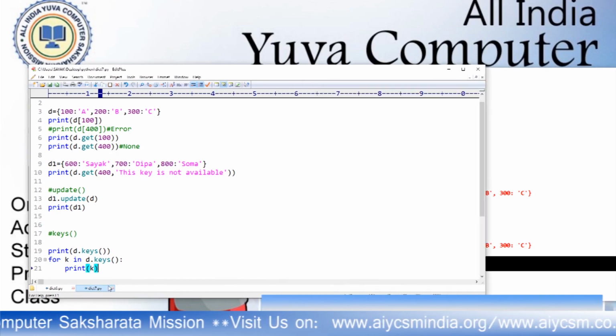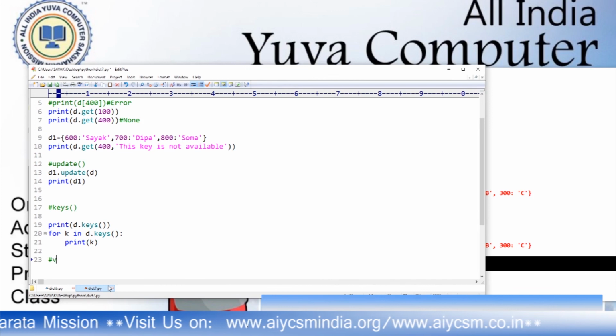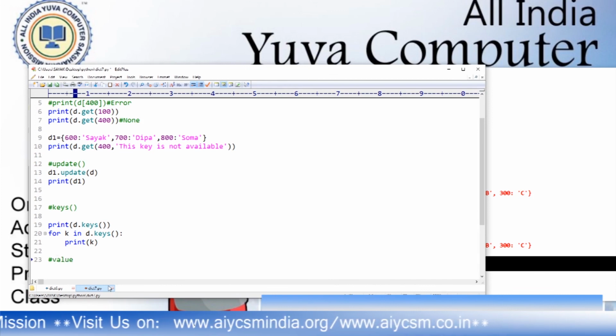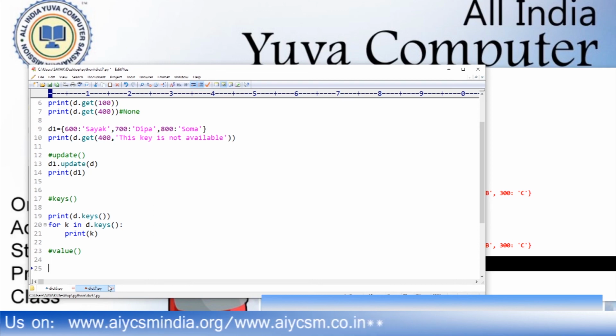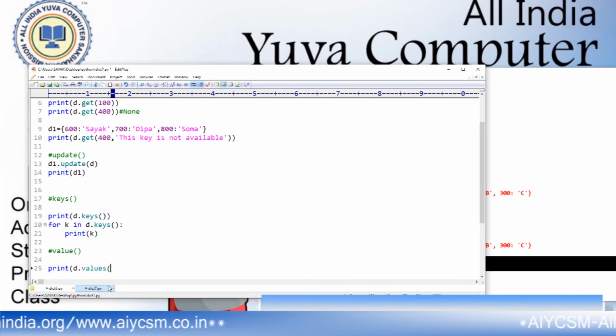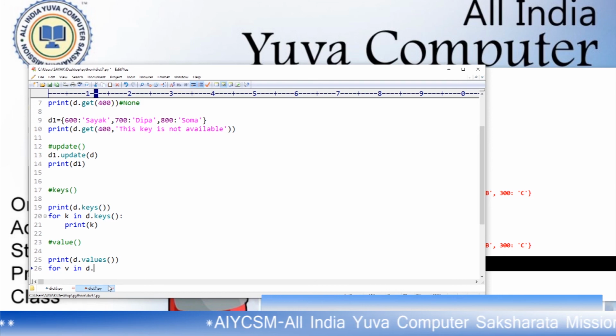Now another one is known as the values function. If you want to print the values, then print d dot values. Now to print it, you have to write for v in d dot values.